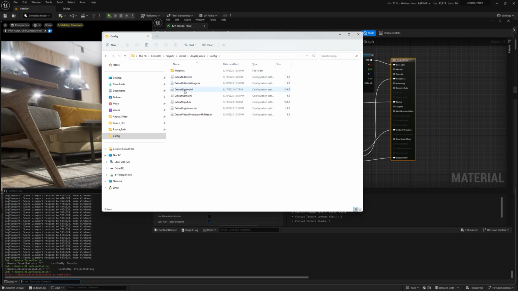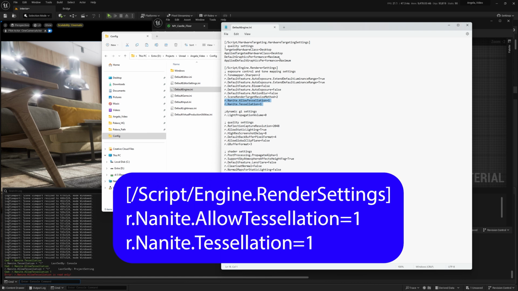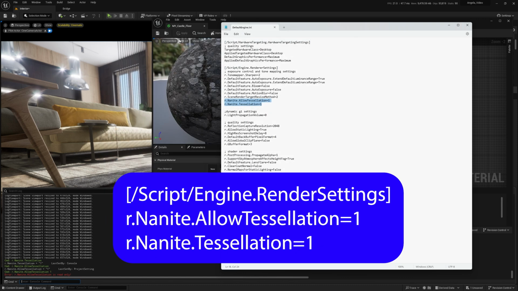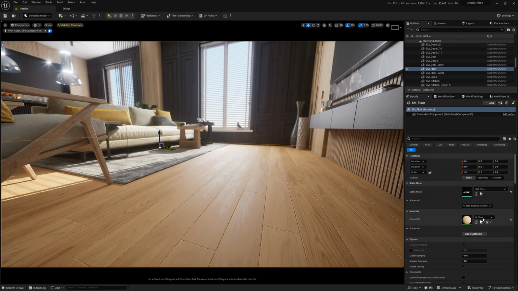Alright, the first thing you're going to want to do is go into your DefaultEngine.ini and make sure r.Nanite.AllowTessellation equals 1 and r.Nanite.Tessellation equals 1. Make sure you have the uppercase and lowercase correct, and it's in the render engine settings. And then you save it, restart Unreal Engine, and now you'll go in, click on the object you want to